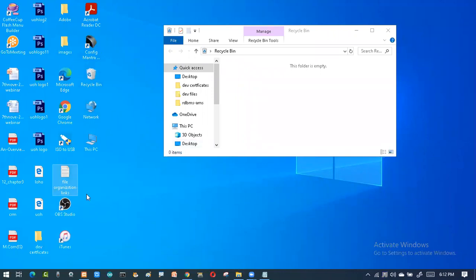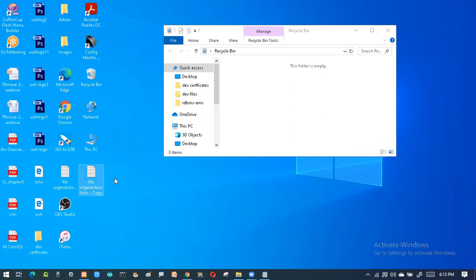But suppose you delete this permanently, then I'm not putting it in the dustbin, I'll just say delete this one. So I'm deleting this particular file from my computer. Before that, I'll make a copy of this so that I don't miss the links.